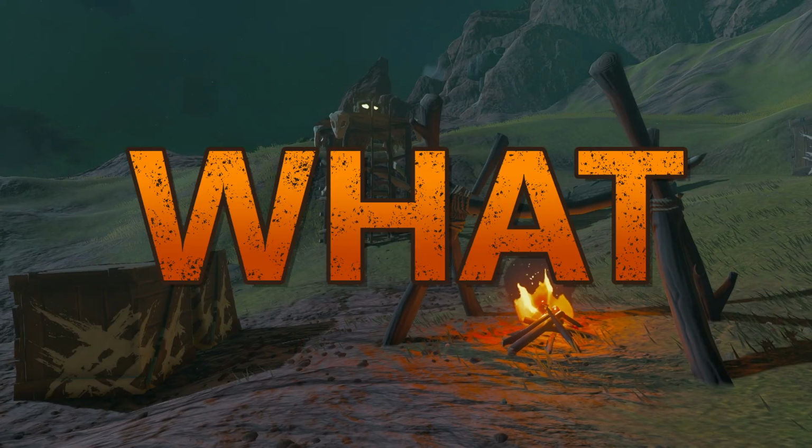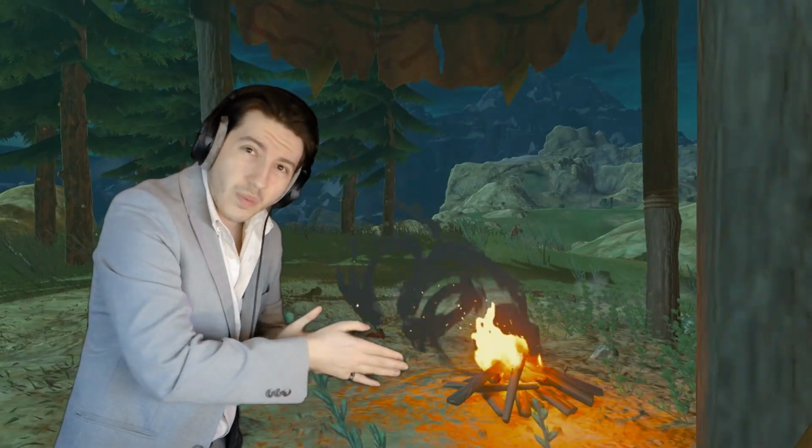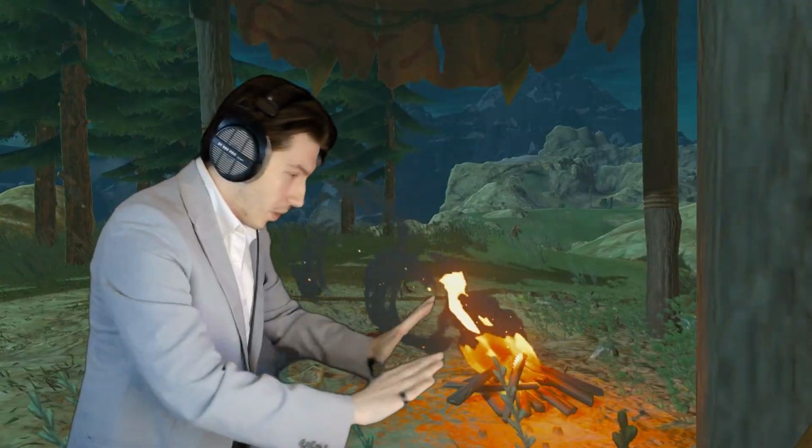Cozy. What makes something feel cozy? Is it the warmth of a fire on a cold day? Is it the shelter that's protecting you from the rain outside? Or is it the wind blowing against your tent while you're safe and sound inside? I'm sure you already realized at this point that it's all of those things, even more so when they're combined